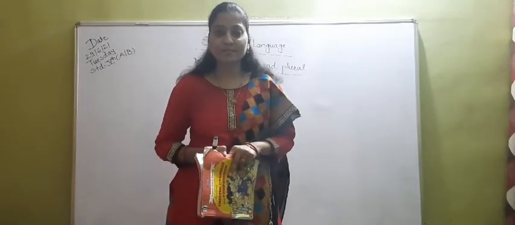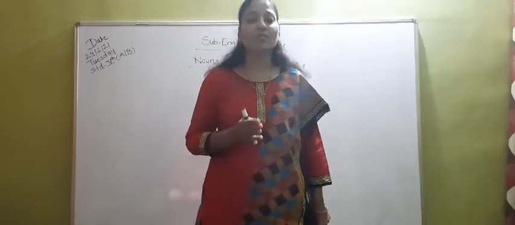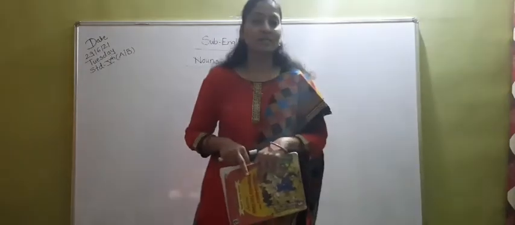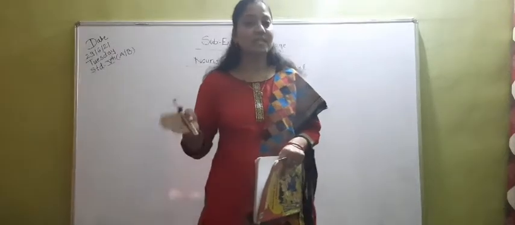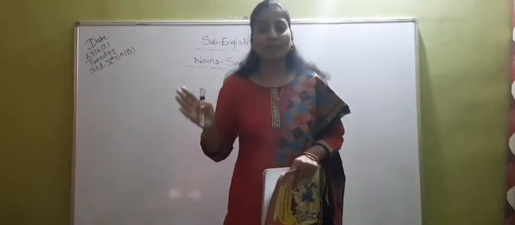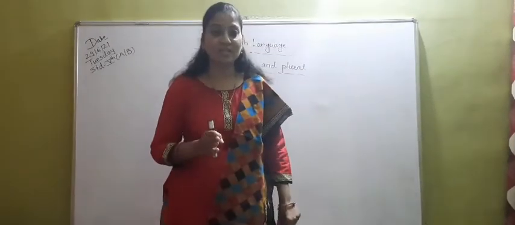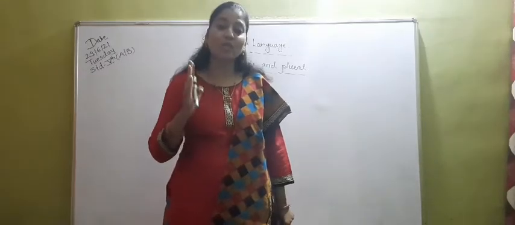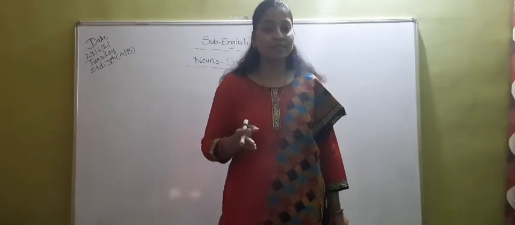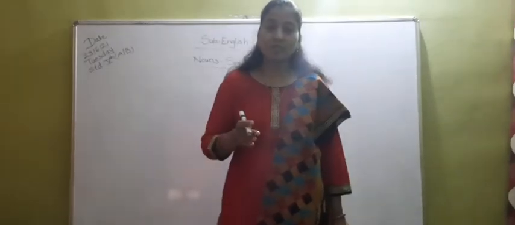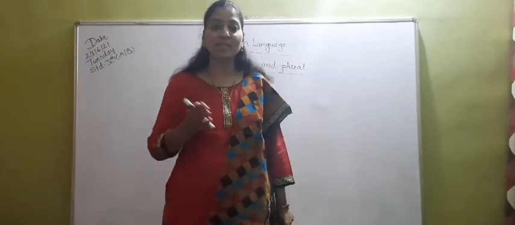Now you must know what is the meaning of subject and what is the meaning of predicate. Okay. So subject means the person who does the action and the remaining part of the sentence is known as the predicate. Okay. So in the sentence, when the subject is in singular and you want to change it into plural, at that time you have to change the verb and the predicate also. I hope that you are getting it. Let's see with the examples.